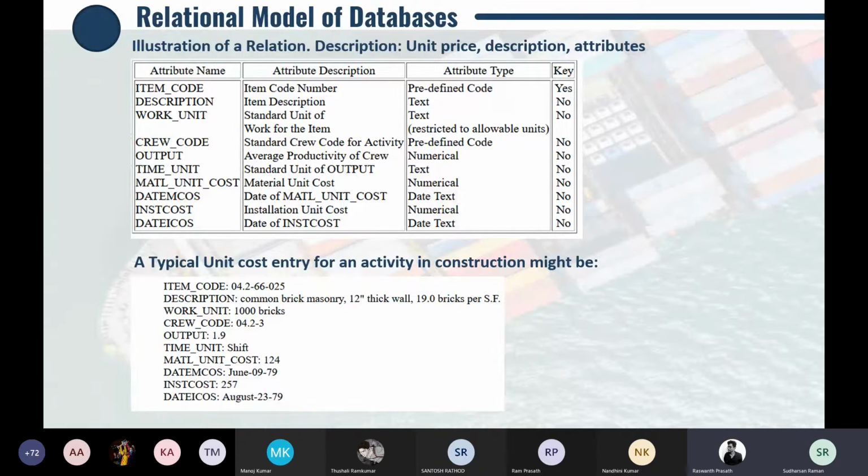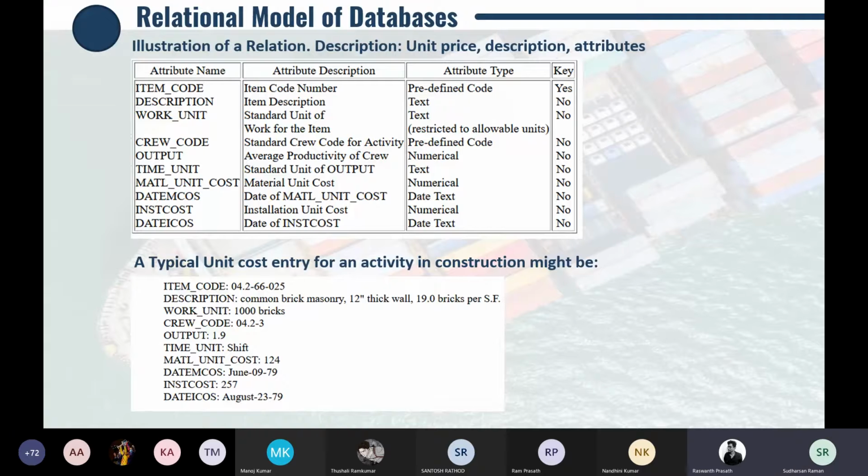Here the item code, description, work unit, crew code, and outputs are the attribute names, and here the item code is predefined.